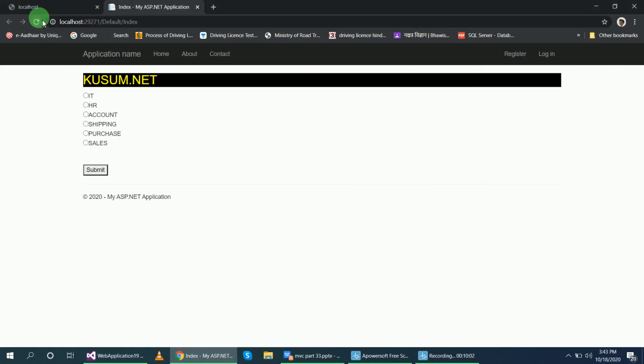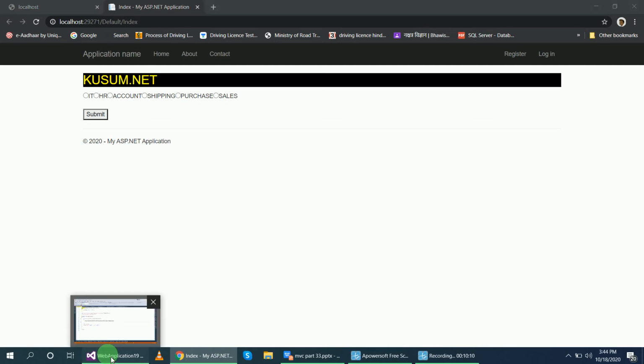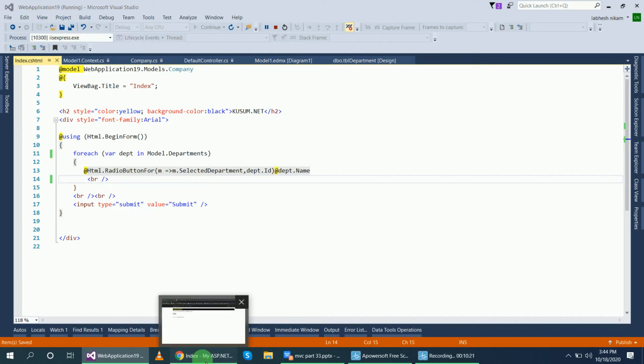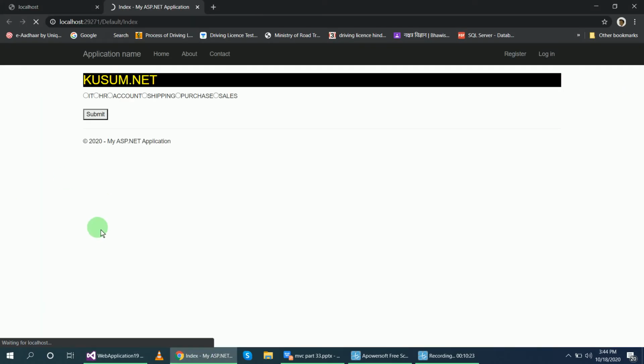The radio buttons will be horizontal, right? So I have to add this break tag here. Now refresh the page and see.